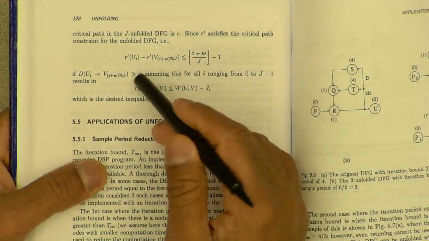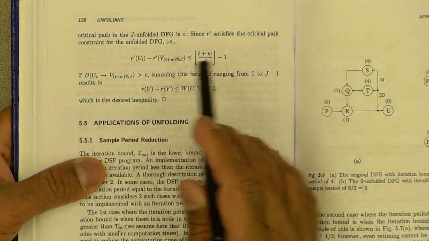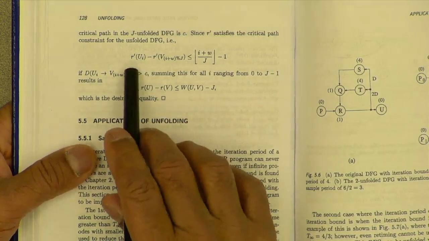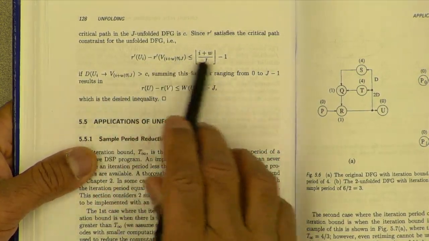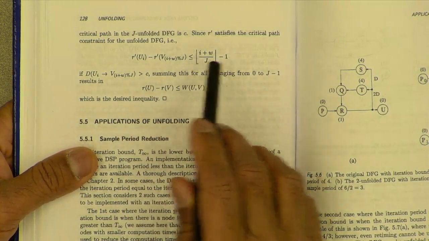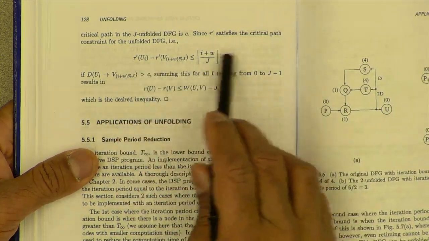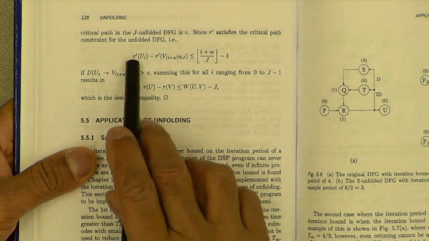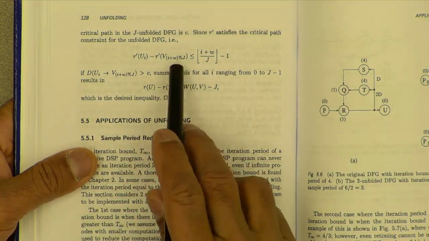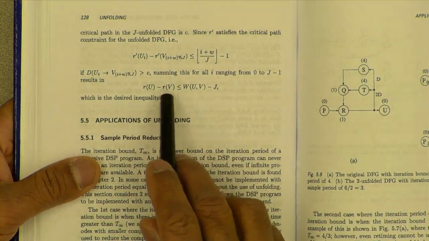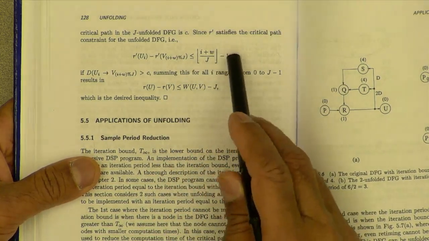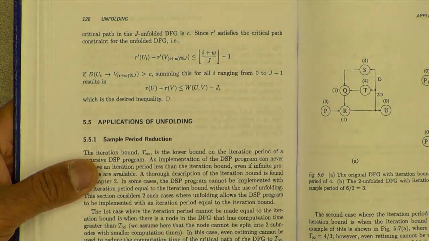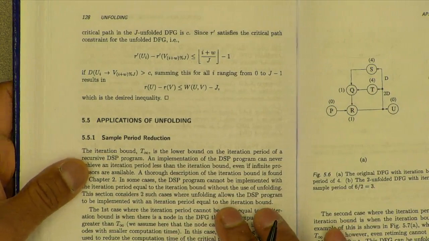For the r prime variables, this is retimed and unfolded, unfolded and retimed. So if you unfold and then retime, these would be the constraints for target clock period C, that's the -1. If you sum these over all i, that becomes RU, summed over all i becomes RV, summed over this becomes w, adding 1 j times becomes -j. So that completes the proof.